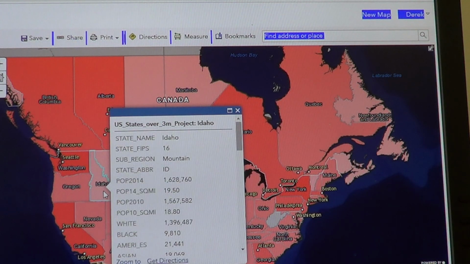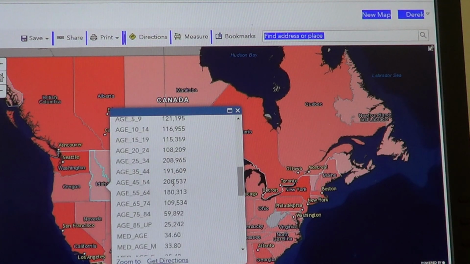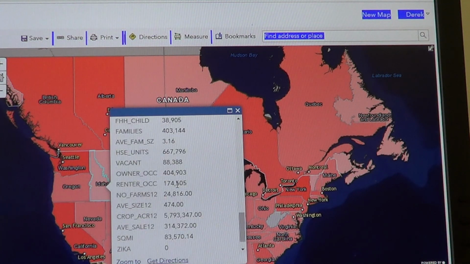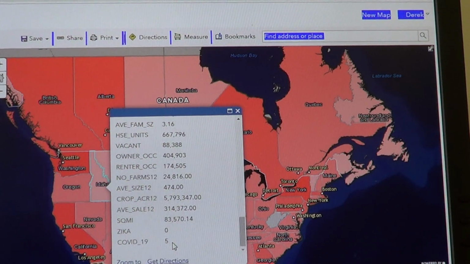Idaho has, let's see, teachers, just a clarification. 5 cases. Will continue to meet. It's a group of